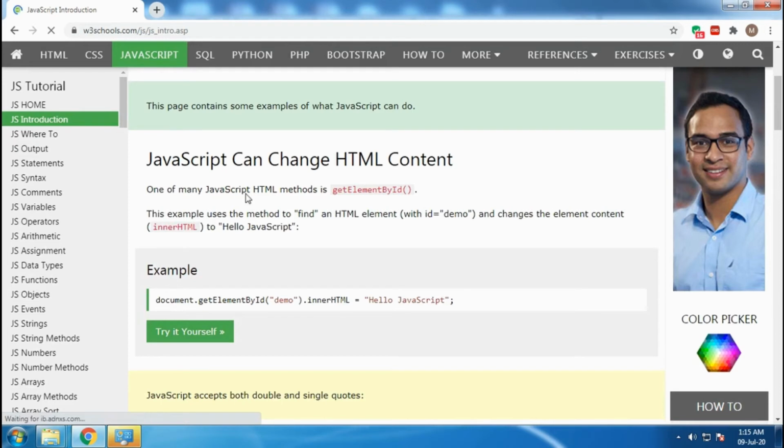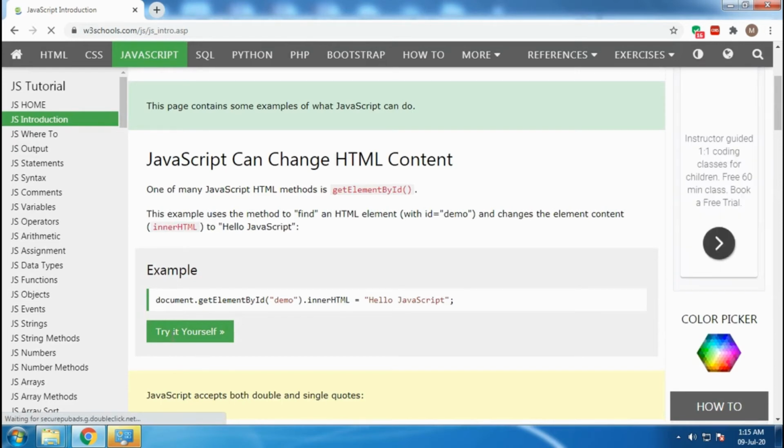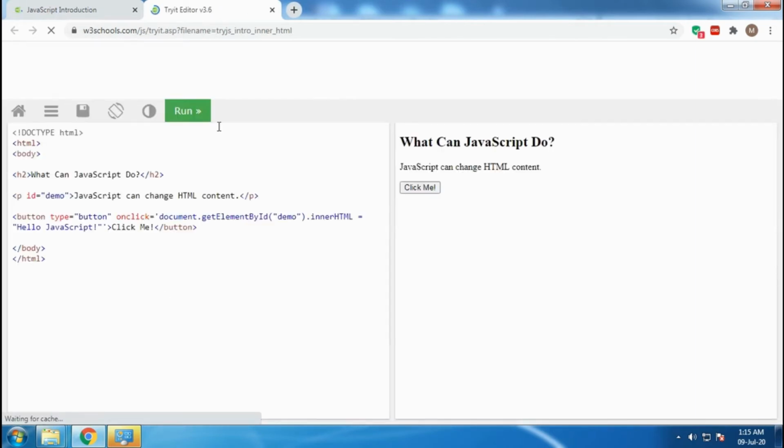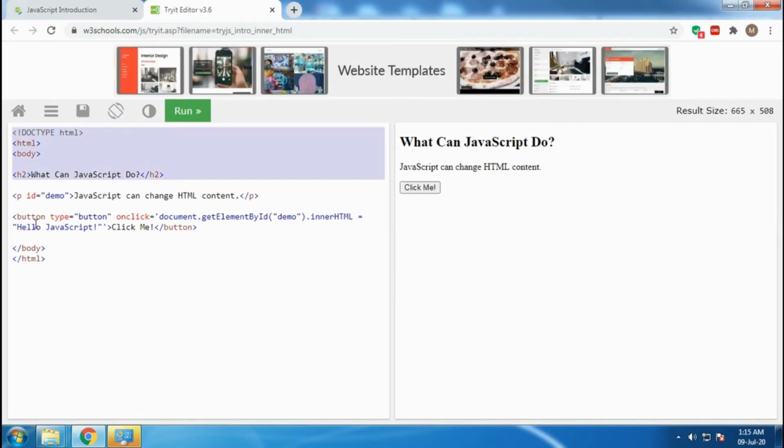Okay, so here there is this button. I click on next and then I come to this page, and you will see this Try it Yourself button. Click on this. This will open an editor, and here you can see there is a left section. Think of this left section as your development code. Currently it's HTML, and there is some JavaScript here, this part. But you don't need to worry about document.getElementById and all of those. We will be learning what those are in our upcoming videos.